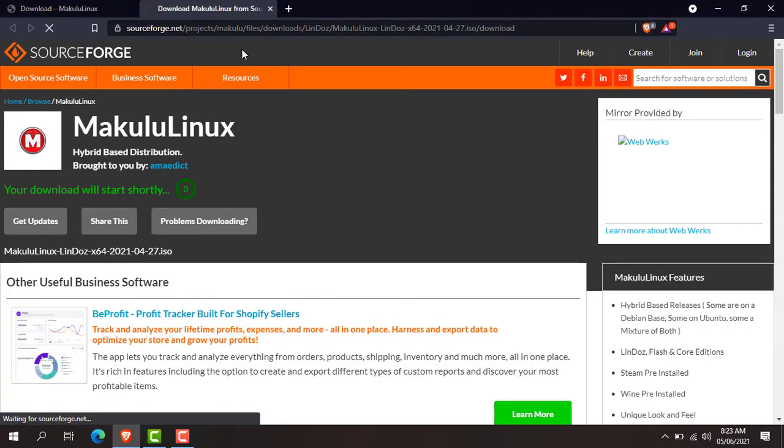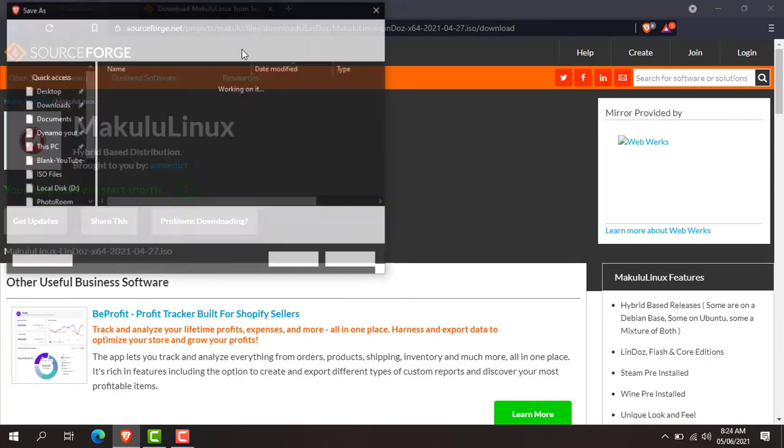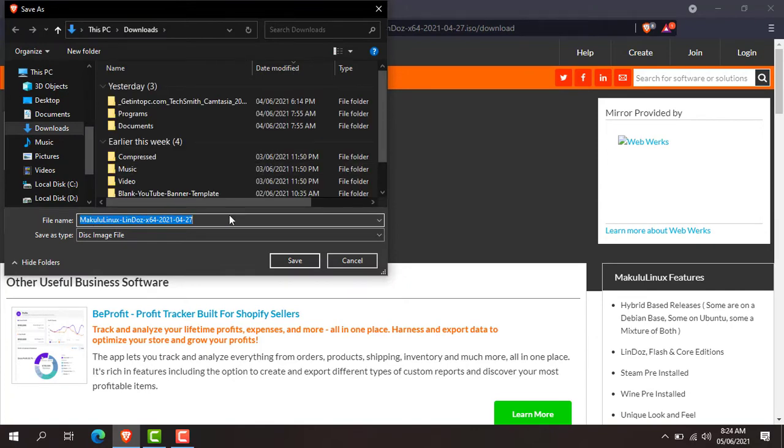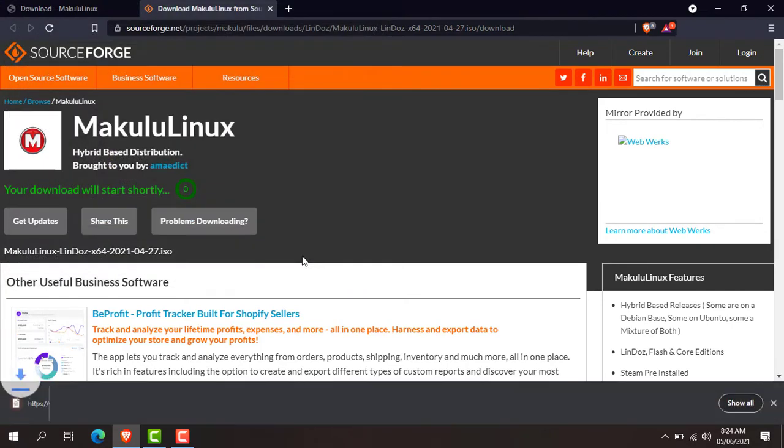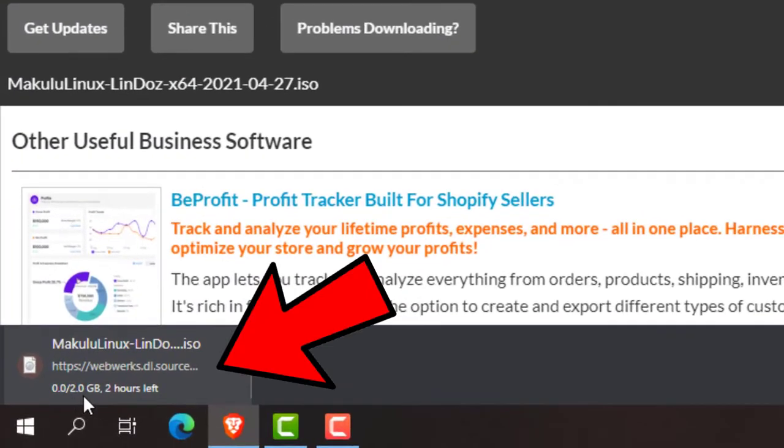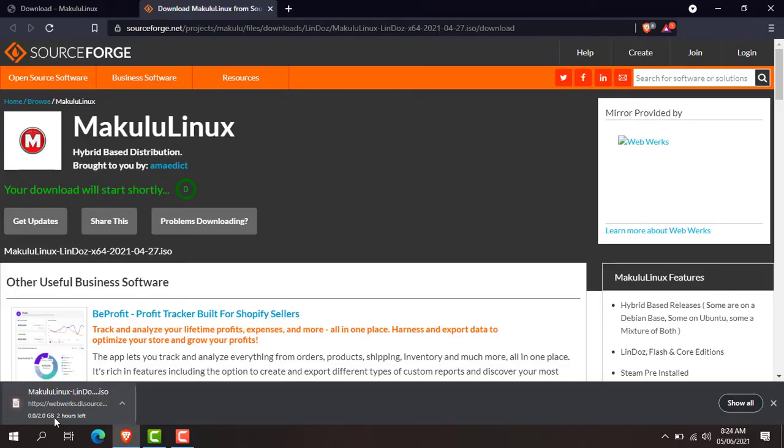The download will start in a while, so wait a few seconds. As you can see here, the download has started and the size of the Makulu Linux ISO file is around 2 GB. So it will take some time to download. After downloading, follow the next steps.